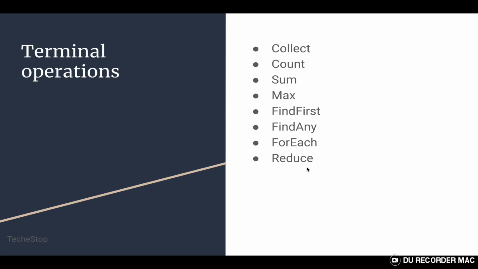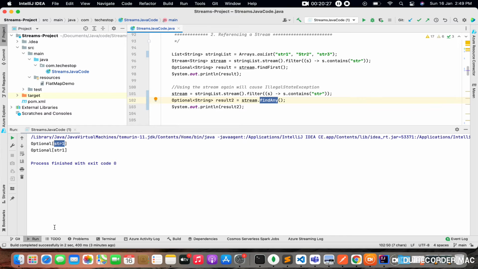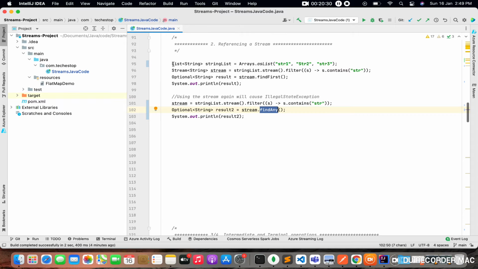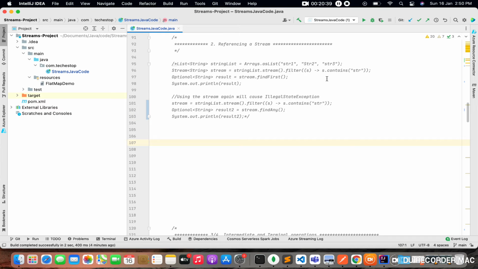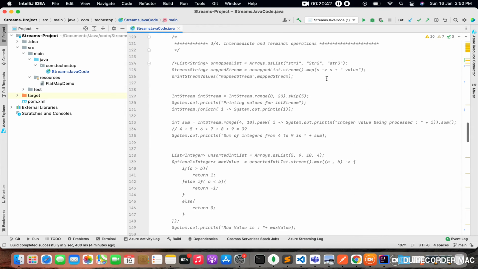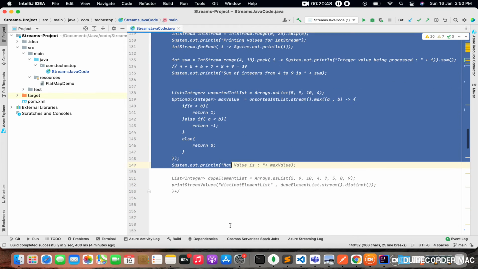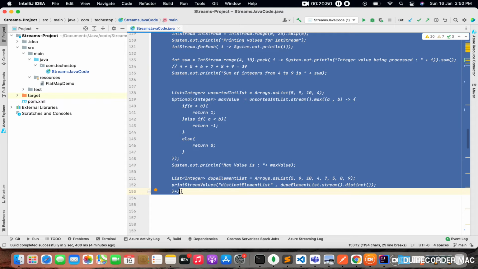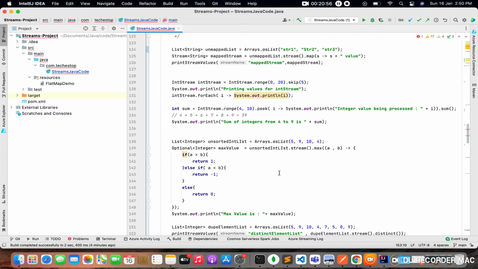Okay, let me switch to the IDE, so that we can go through the code examples. I'll comment this out. Okay, so let's move to another section, which is on the intermediate and terminal operations. Let me walk you through all the examples first, and then we'll execute it and see what it generates. So the first example is